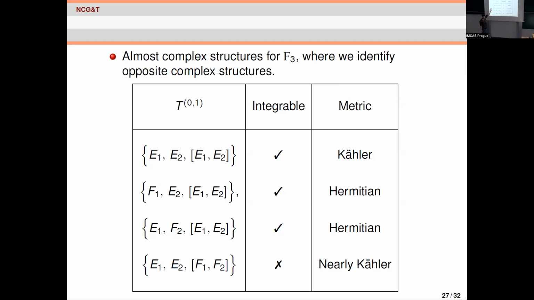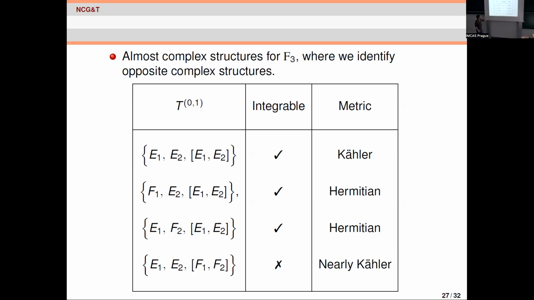And then what are they? Well, for the integrability condition, the first 3 classically are integrable. The last one is not. So this is one of the simplest examples of a non-integrable almost complex structure on a homogeneous space. The first one, which is the most natural one, is actually a Kähler manifold. What is that? It's like Riemannian for a complex manifold, plus a lot extra. It's a simple condition, but with deep